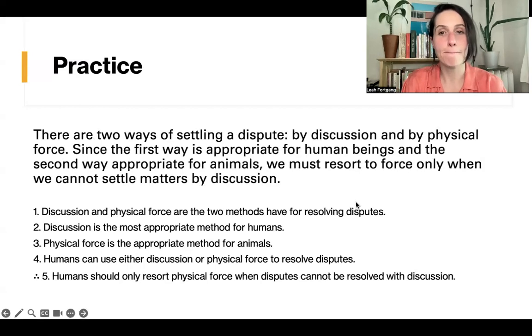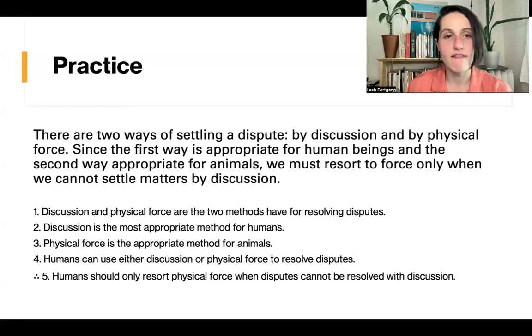All right. Let's try quickly one more example. So this is the claim. There are two ways of settling a dispute: by discussion and by physical force. Since the first way is appropriate for human beings and the second way is appropriate for animals, we must resort to force only when we can settle matters by discussion. Okay, so